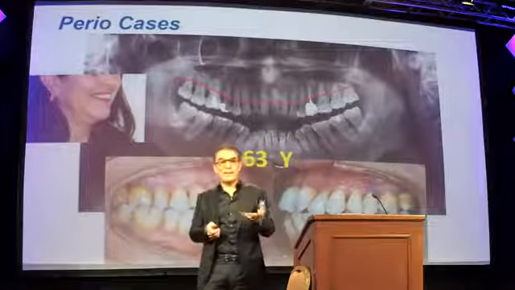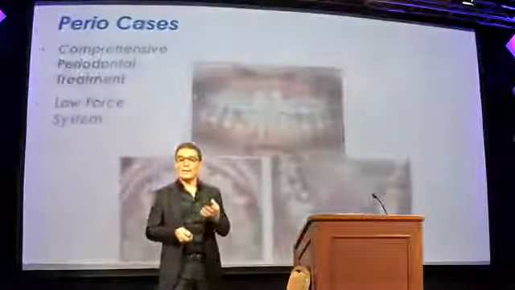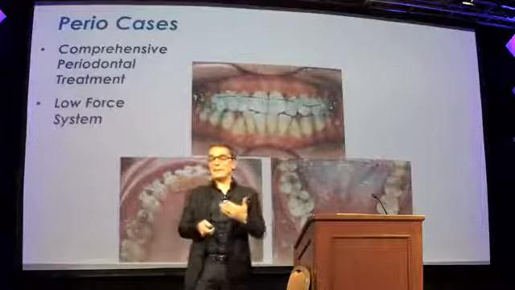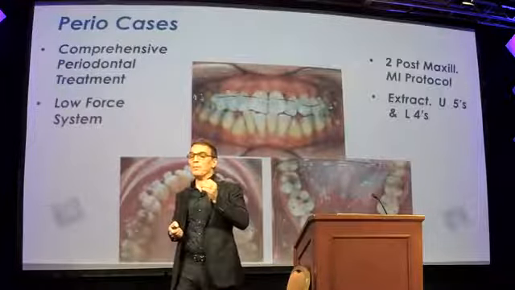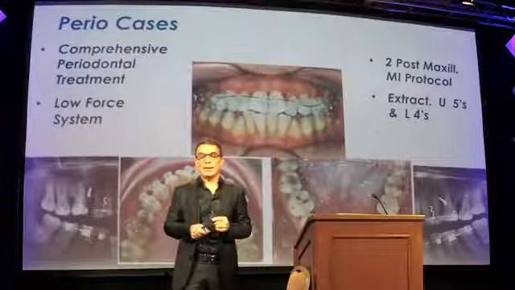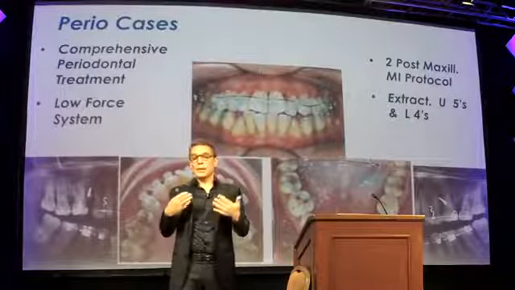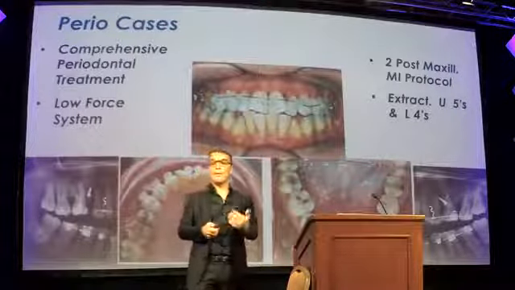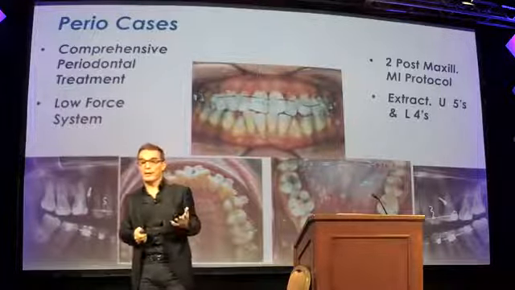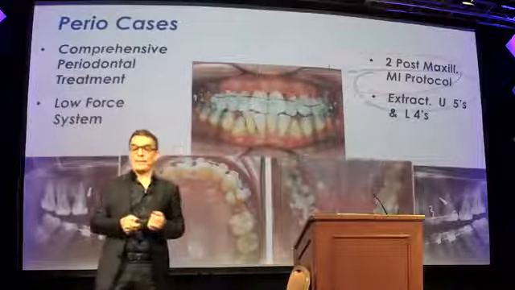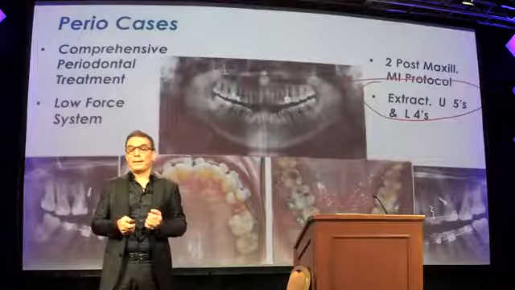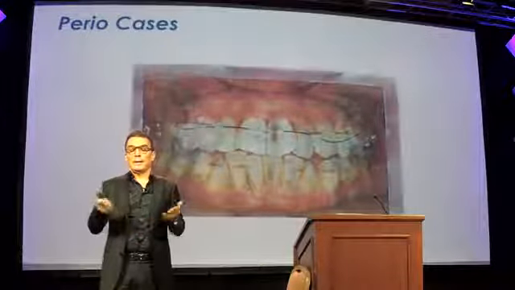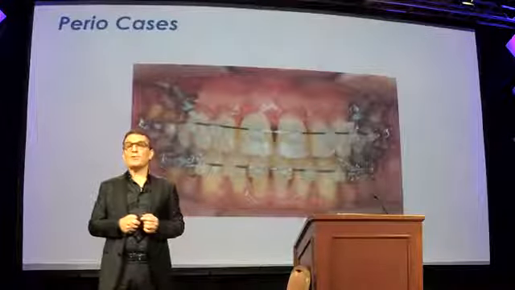So what we will do here is very easy. We place a low force system after a comprehensive periodontal treatment, a Damon system in the upper and the lower, and 2 mini screws in the upper arch. This protocol will allow me to extract the upper 5 and the lower 4, even though we are in a class 1 malocclusion, without worrying about anchorage. Look at the treatment. Only 14 months